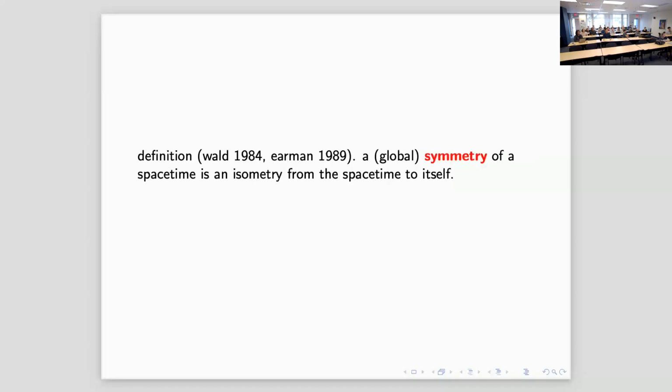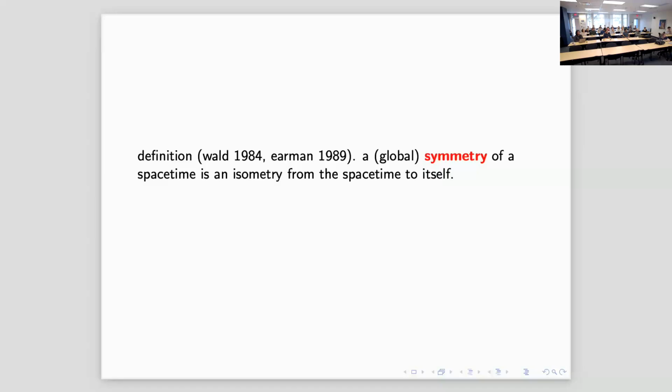And I have one more definition to set the stage, and this is a definition of a symmetry. So a global symmetry of a spacetime is an isometry from the spacetime to itself. One can consider other definitions of symmetries. This is the one that I'm focusing on today, but it's also the one that